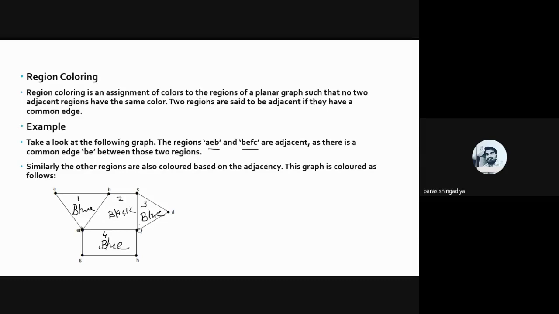So how many colors are required? Only 2. So that is mentioned here. So here is a red color. These are blue. That is a red color. That is blue also, and that is blue also. So the answer is 2. 2 colors are required to fill the vertex color, to the region coloring. So that is the way you can